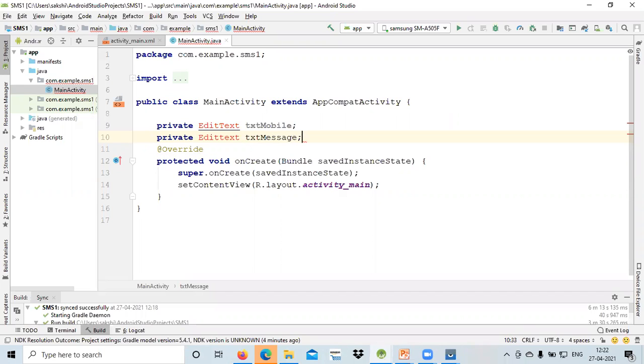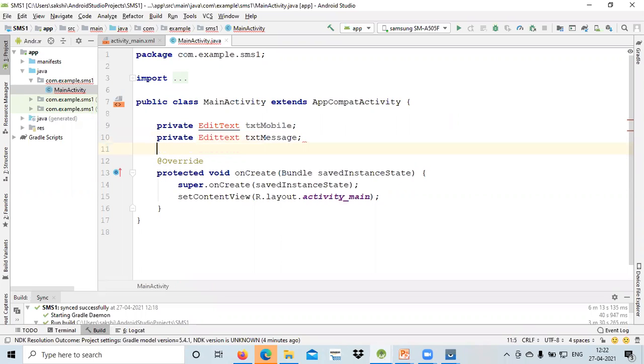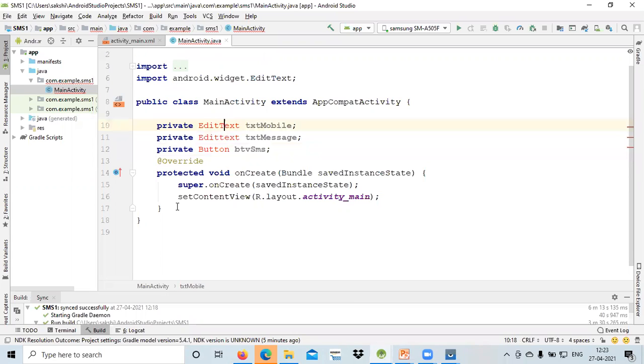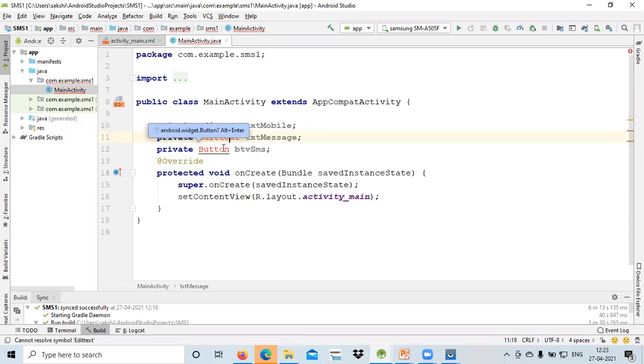Text message over there, and then we have that private, and one of the button that we will be using, that is button SMS. Fine. So just side by side, I just import all those files that I require.